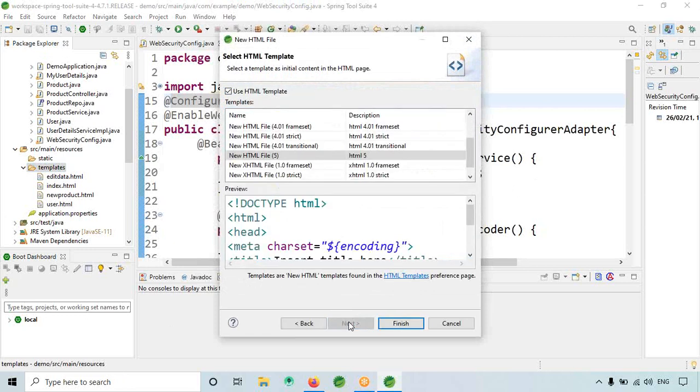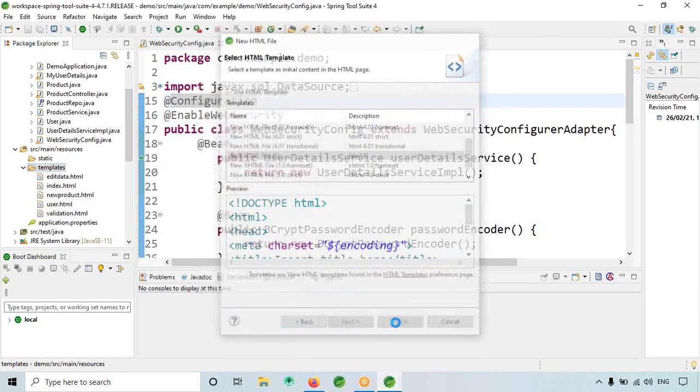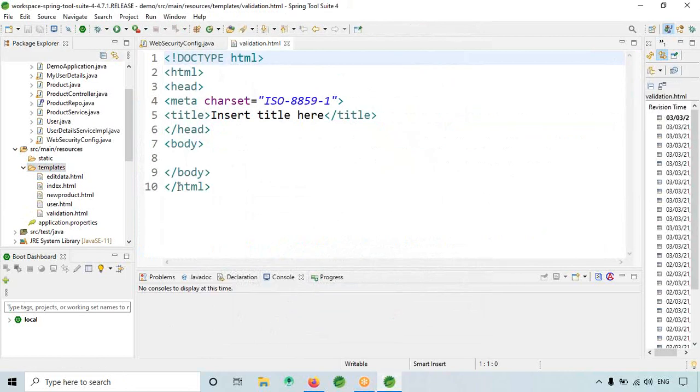Instead of form.html, we'll go for validation. Validation HTML. Next, finish. So here I'm giving "hello from validation".